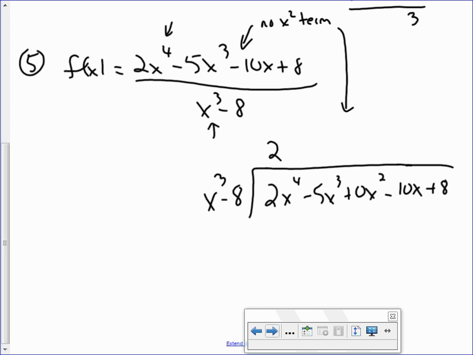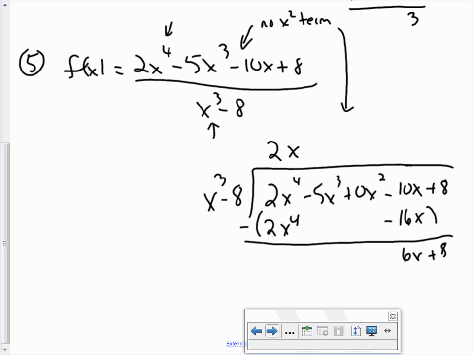This will give me 2x, and that gives me 2x to the 4th. And when I multiply 2x times 8, that's going to give me -16x. So you just want to keep things lined up, put things in places that make sense. Okay. Right, and then you're going to subtract, and that's going to give me 6x plus 8. And the thing is, at this point, I'm done because I can't put x cubed into,